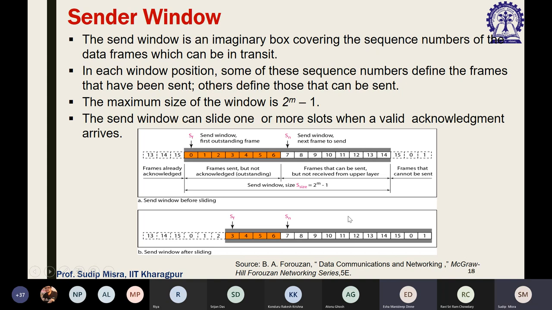Now, after sliding, it might so happen that these frames were already acknowledged, maybe the 3 frames 0, 1, and 2. These get acknowledged. So now you see that the window size has now shrunk, right? And because it has shrunk, you can now accommodate more frames. So 15, 0, and 1 can be accommodated. Okay, so now you see that after sliding,